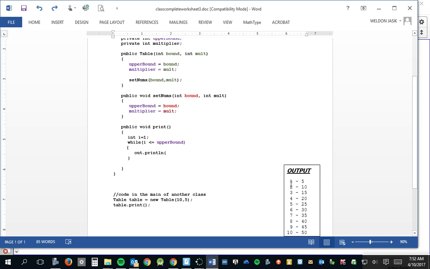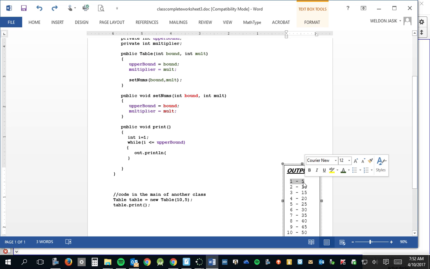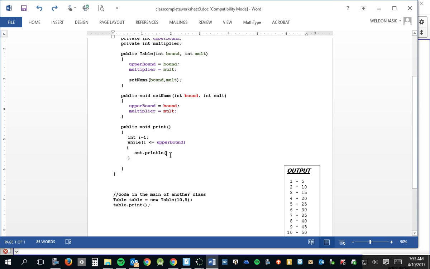Now, what do I put to get the 1, 2, 3, 4? Like the first time through, how do I get the 1 there? You print the current value of i. i is storing 1. i is going to be 1, 2, 3, all the way up to 10, right? So start with i, plus, and we need an open quotes, space, dash, space, close quotes,